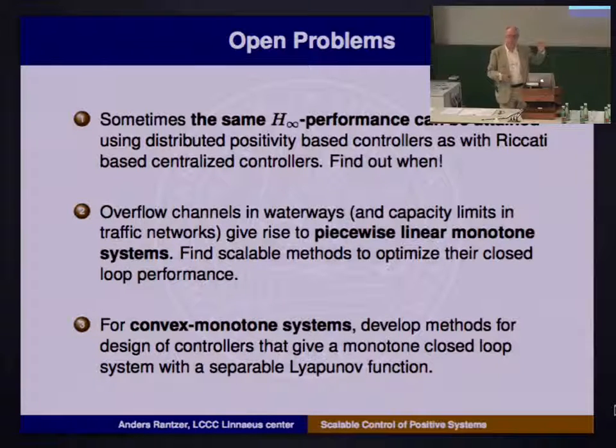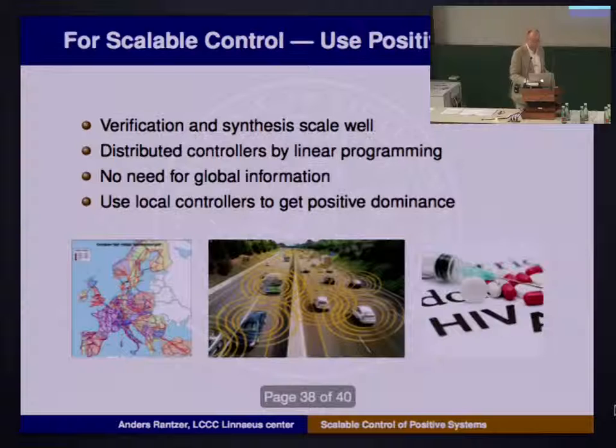I'd like to make a comparison to Terry Rockafellar, who once said that the big watershed in optimization is not between linear and nonlinear, but between convex and non-convex. So I'm starting to believe that the big watershed in control theory is not between linear and nonlinear systems, but between monotone and non-monotone systems. And so that's a quite exciting